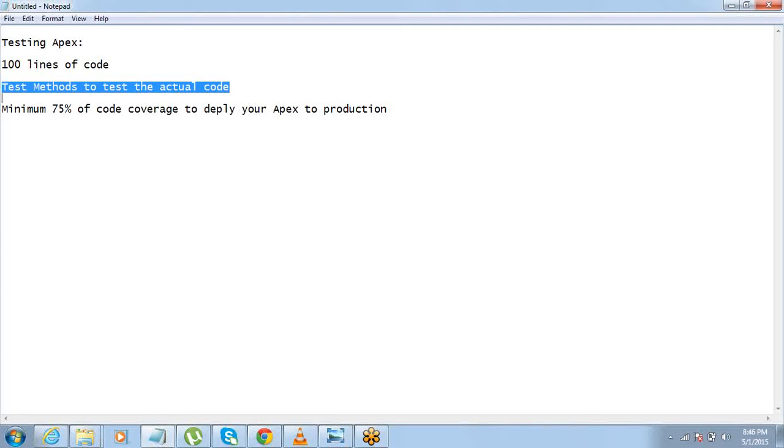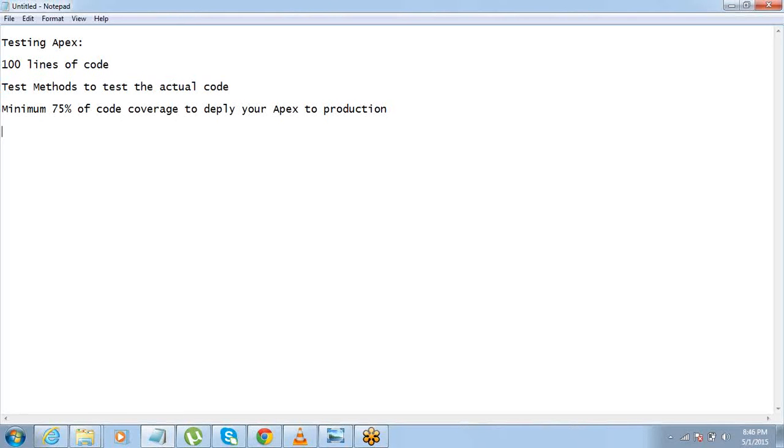Once your code is tested, it will not fail once it is finally deployed. Otherwise, if you checked it, it was working fine, and finally you deployed and then it was not working, that is a bad situation, right? So it helps you avoid that situation also. So Salesforce makes it mandatory, and otherwise also it is important. All right. So that's about testing.